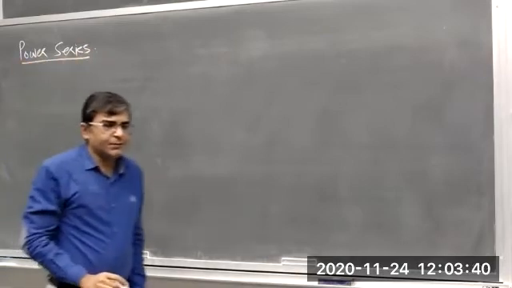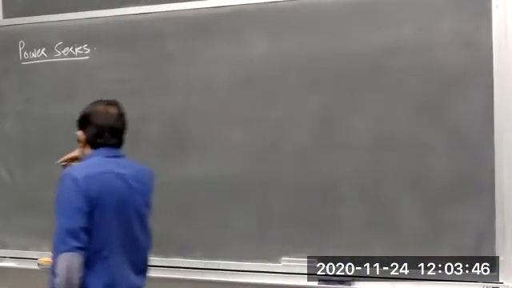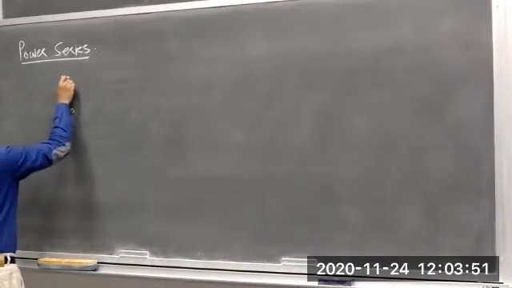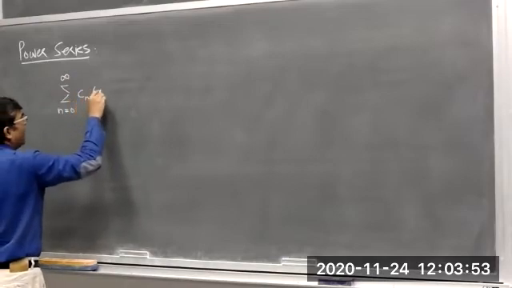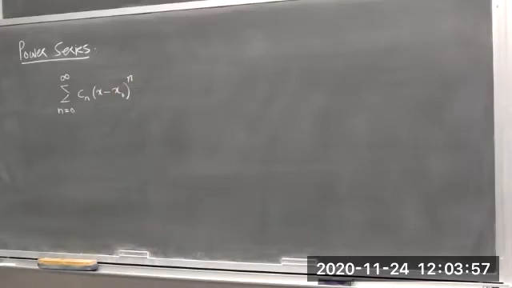What is a power series? A power series is basically a series of the form summation n from 0 to infinity Cn (x minus x naught) to the power n. This is a power series, and